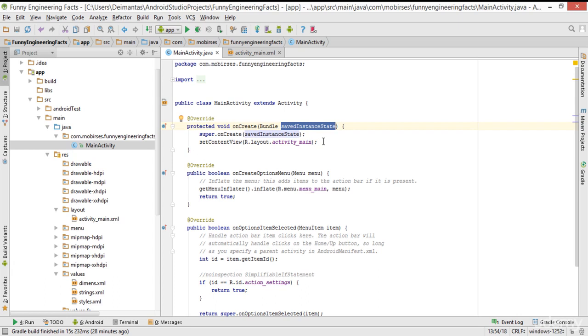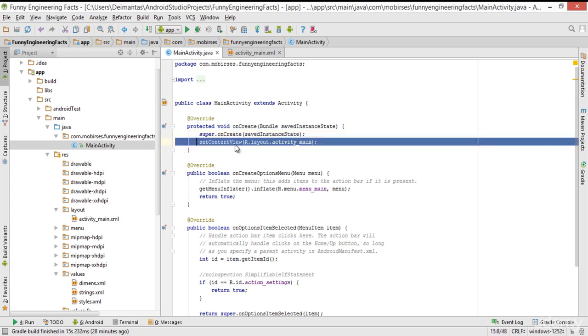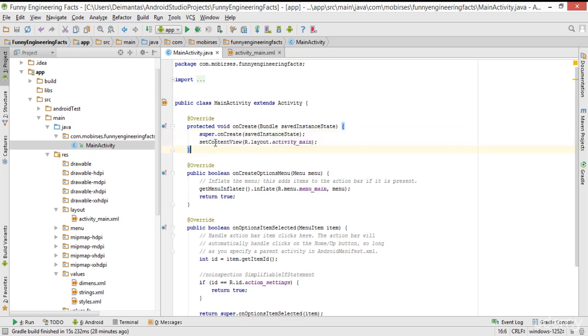But in this particular application, we are not going to use this a lot. And this is a really important line, which is setContentView, and in the parentheses